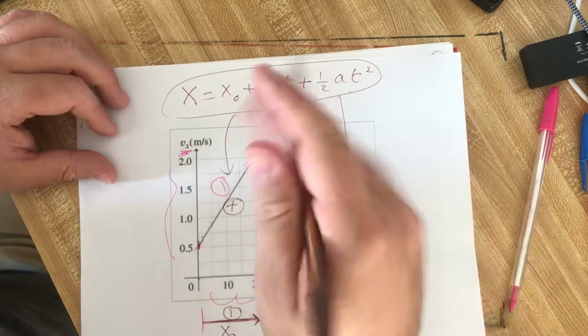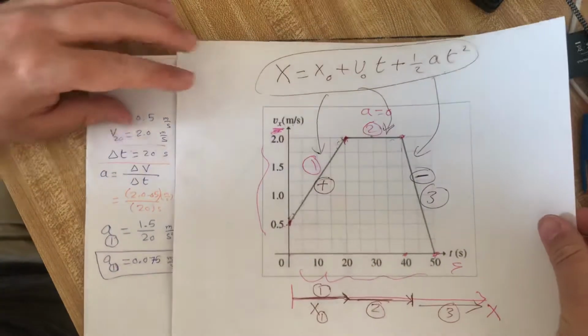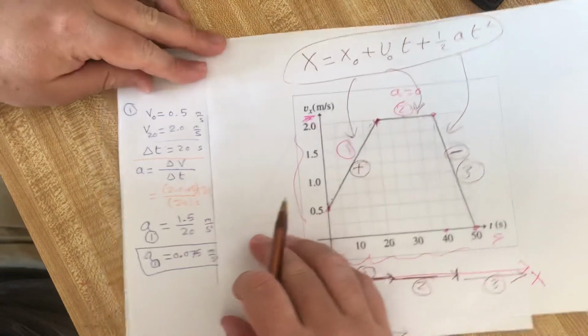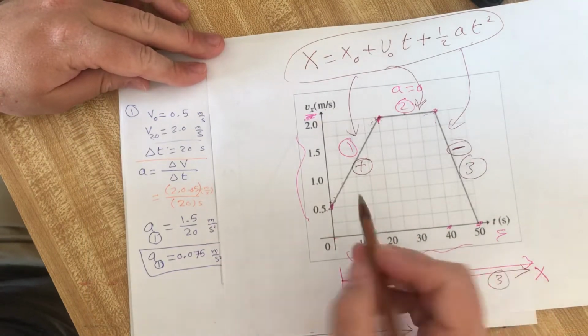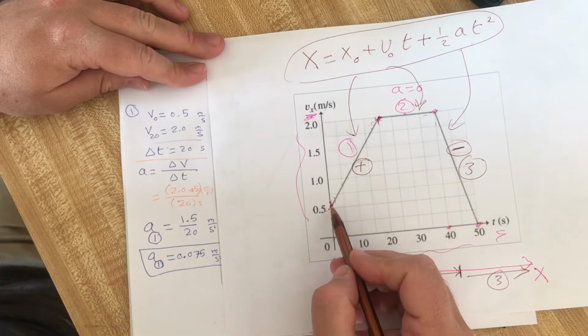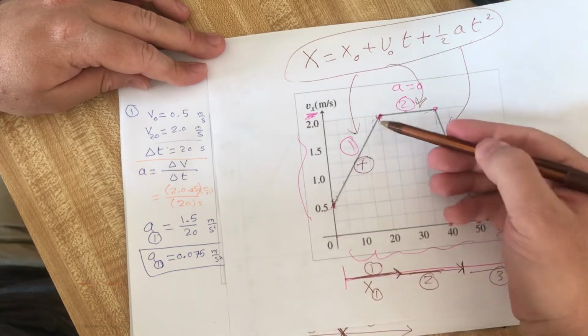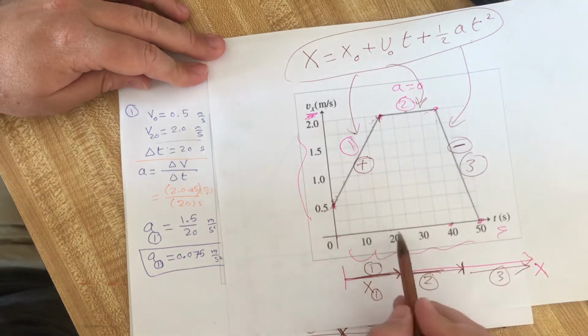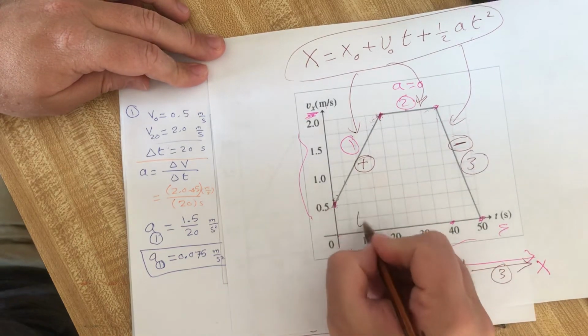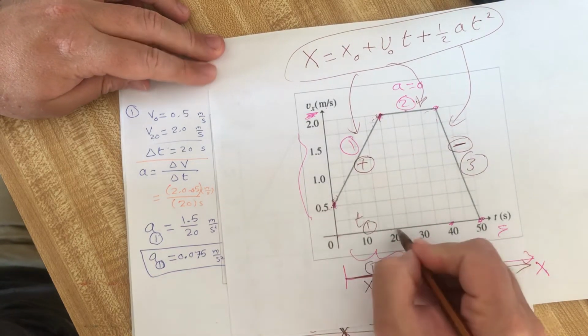It will be easy. Now we need to start by knowing the initial velocity in the first stage, it is half, the final velocity is 2, the time period is 20, this is t1,